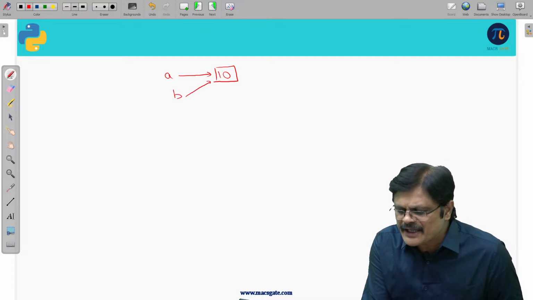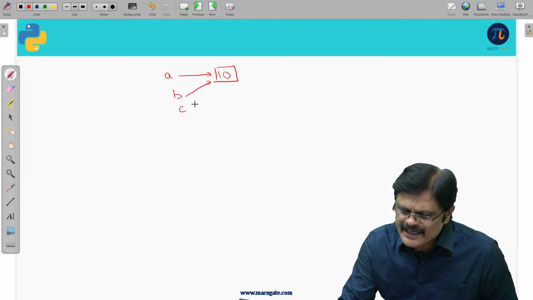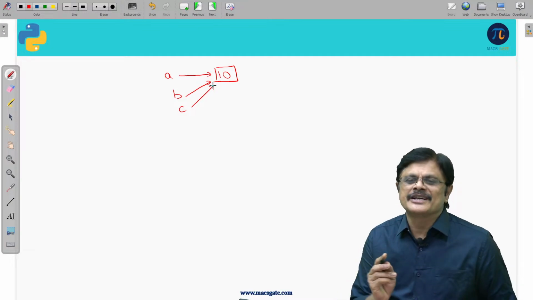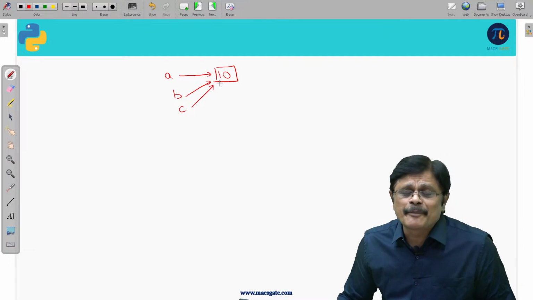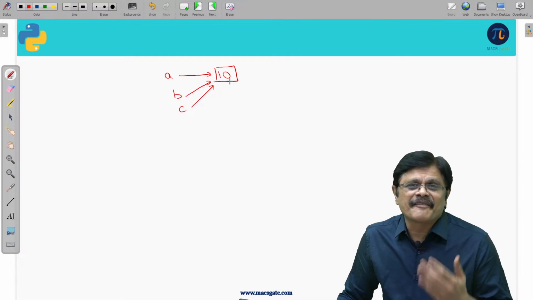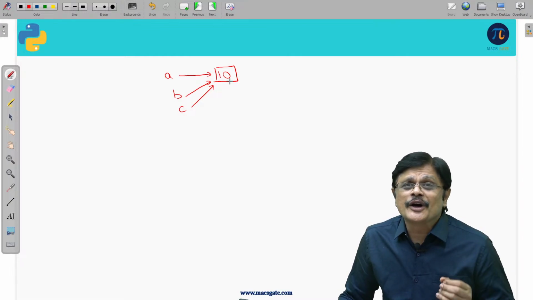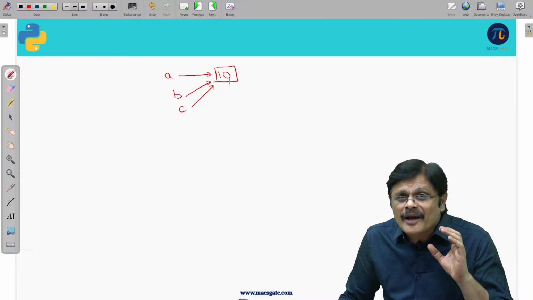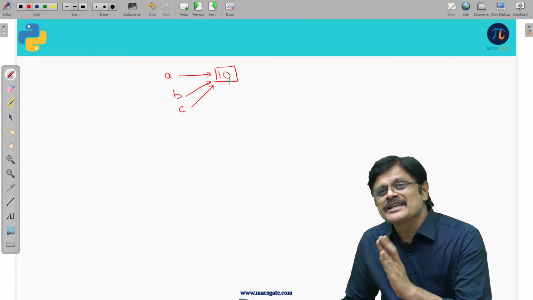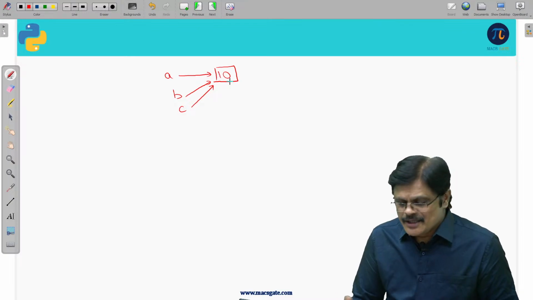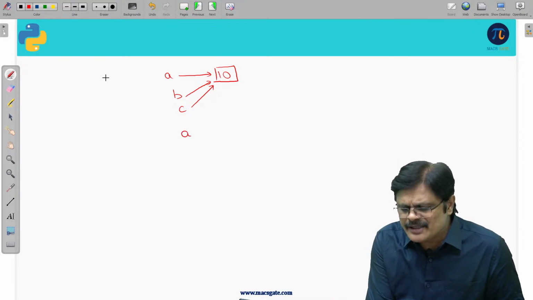B is also referring to this object 10. C is also referring to this particular object 10. So here in Python, multiple references to the same object are possible. Now when you are having multiple variables referring to the same object, suppose using one variable, see actually what we